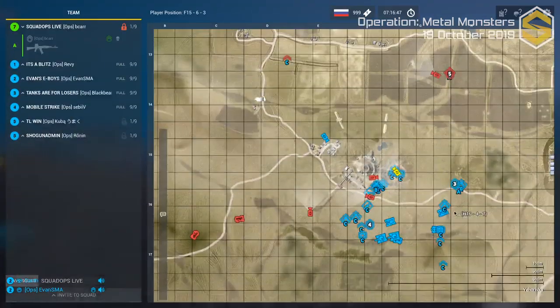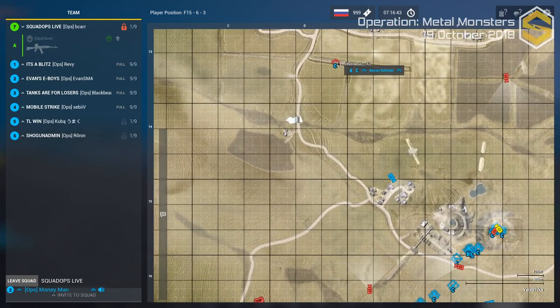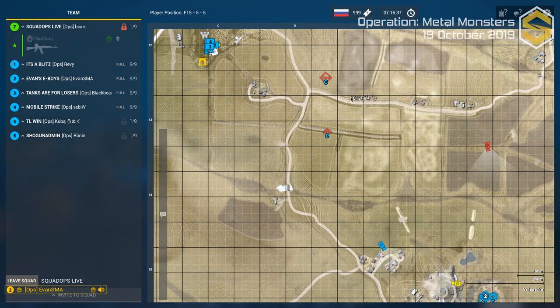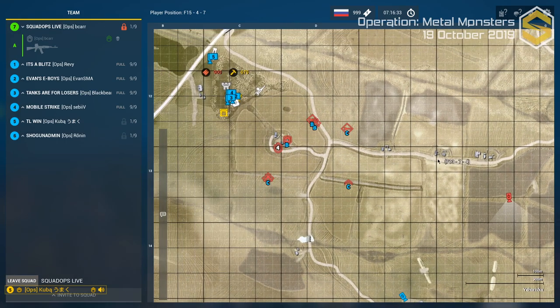Evan's going to look for this MATV from here. Alright, yeah, move then. Ooh, Bacon Batman is over here. Is there any more infantry to the north? I should scroll up here just to see what's going on. Command is here, and he's got a LAT with him. Bacon Batman is...